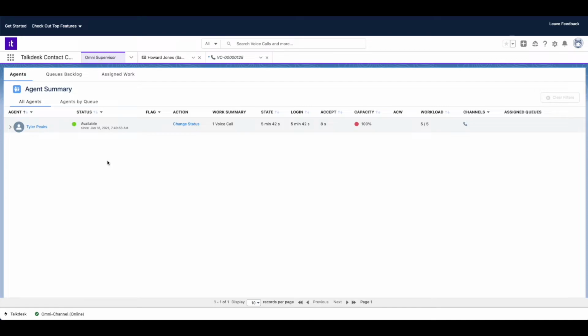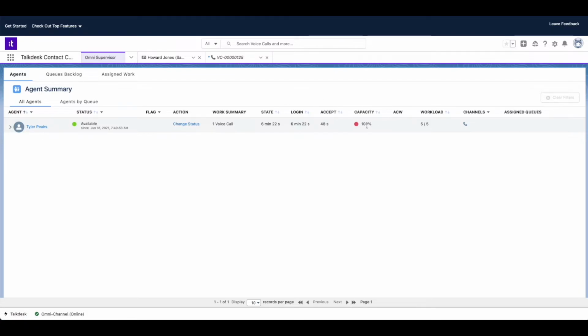Since we already know what the call record looks like, we want to see what a supervisor's perspective would be when one of your agents is on a call. We see that as a supervisor, you have several options. So you can see the status of your agent. You may want to change their status. So if they've been busy, but they're actually available for calls, you have that option to change it here,